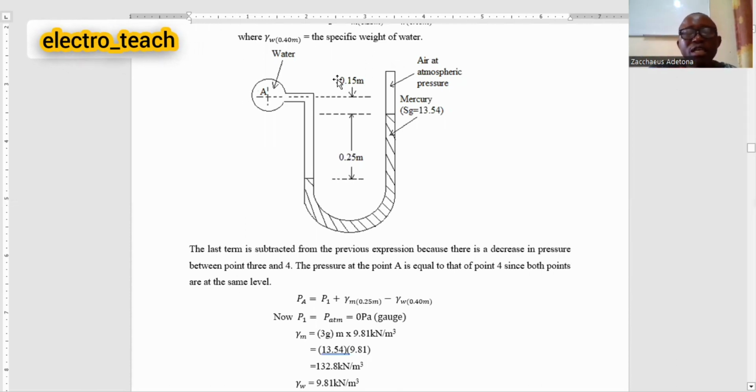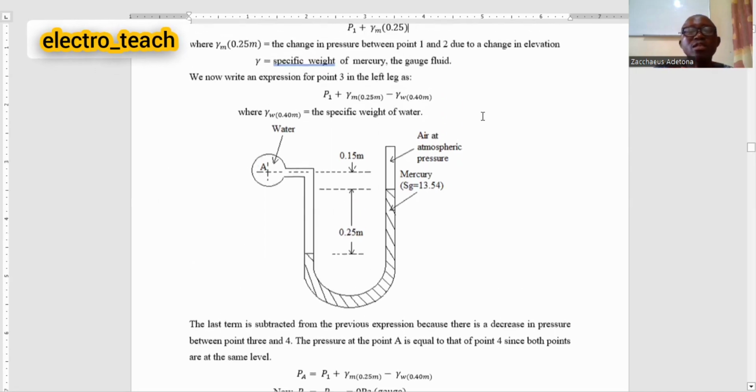Now, the pressure at point 3 will be deducted from what we have obtained from point 1 to 2 that we have added earlier. Why? The reason is because as you turn around the manometer, the pressure at the left-hand side of the manometer is reduced. The pressure at the right-hand side of the manometer is reduced. So therefore, the pressure at point 1 is obtained as, when you look up now,